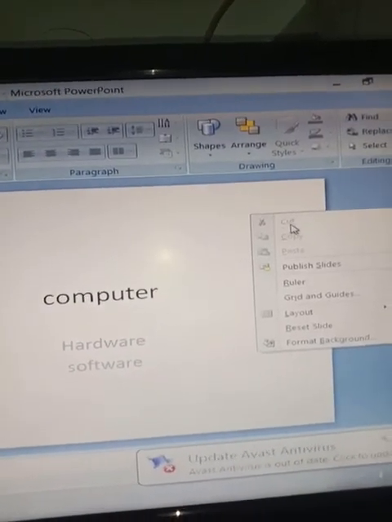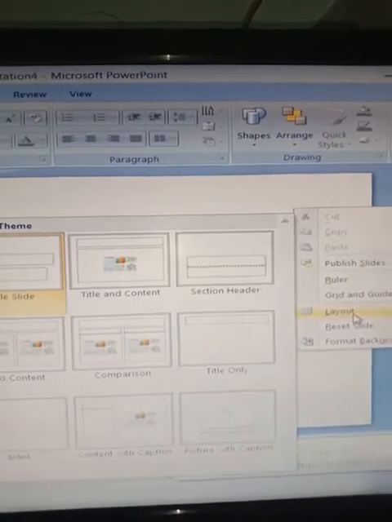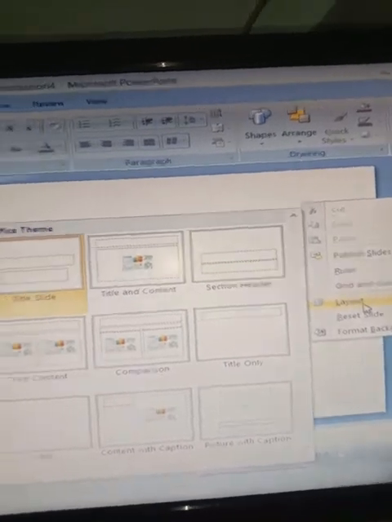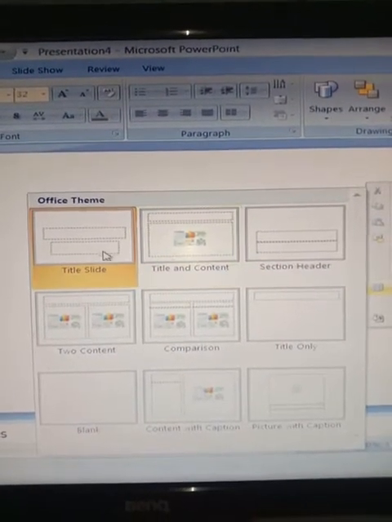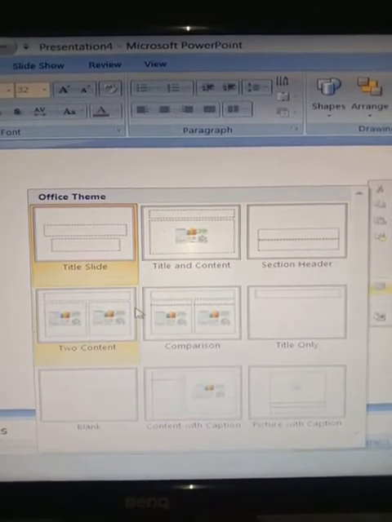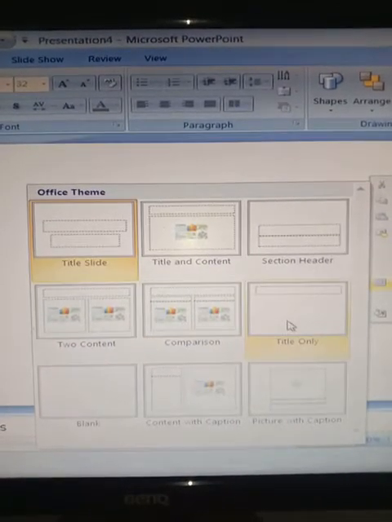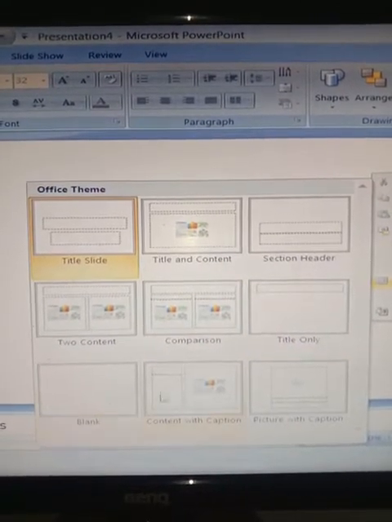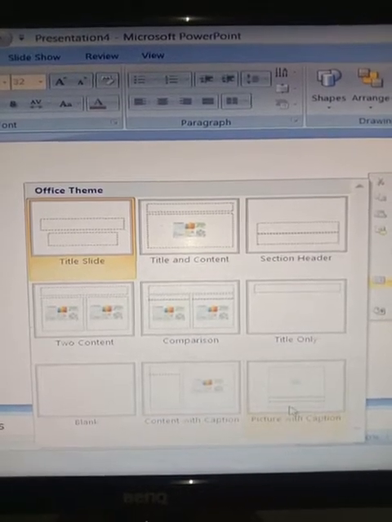As soon as I right click the mouse, look over here, I have the option of layout. As soon as I bring the cursor over the layout, look, these are the 9 different types of layout. The title slide, the title and content slide, the section header, the two content, comparison slides, title only, blank slide, content with caption, picture with caption.